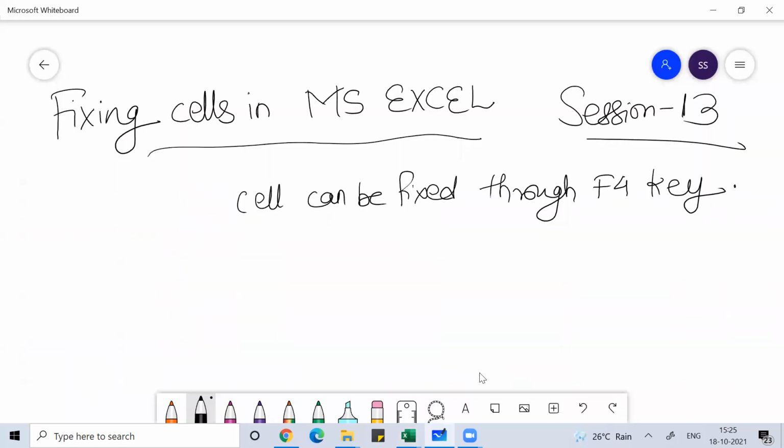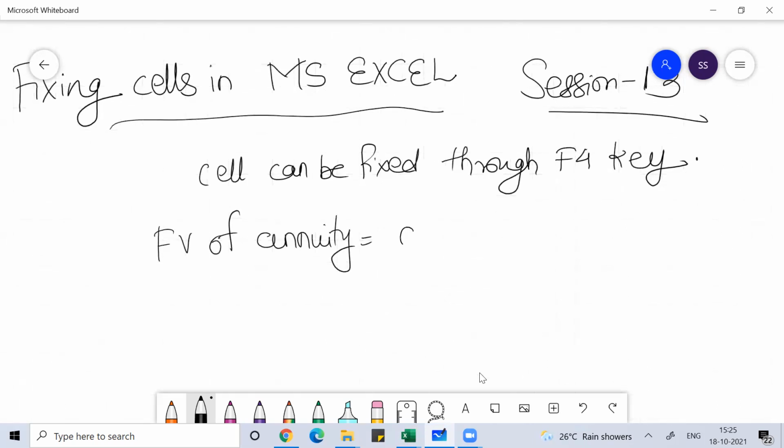Okay, so here, to discuss fixing cells in MS Excel, I used a very basic concept of maths, based on geometric progression, that is called future value of annuity. The formula says A divided by R percent, times (1 plus R percent) to the power time, minus 1.